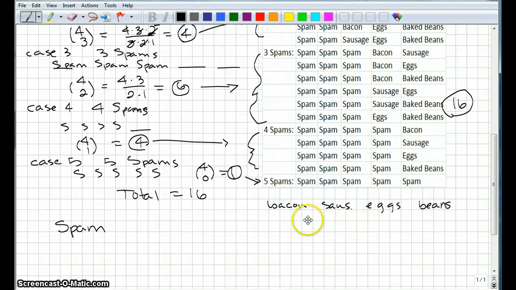There are really 2 choices for each of these different items. It can either be on your plate or not on your plate. So you have 2 choices for whether you want bacon or not, 2 choices for sausage or not, 2 choices for eggs or not, and finally 2 choices for beans or not. And then once you've decided, then you know the other